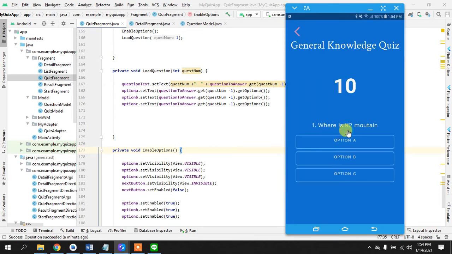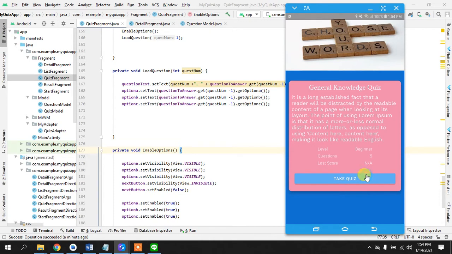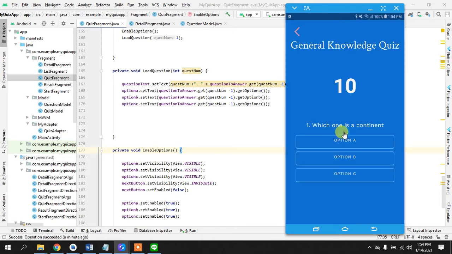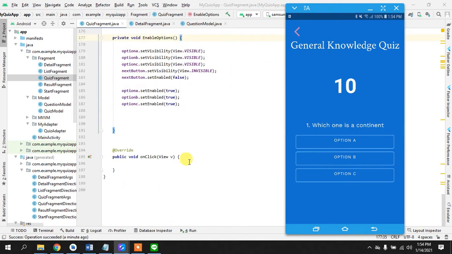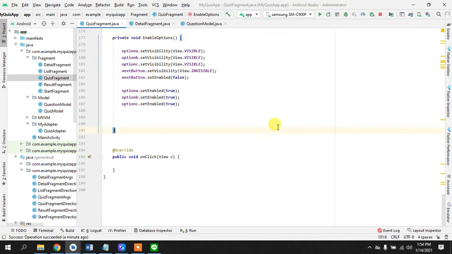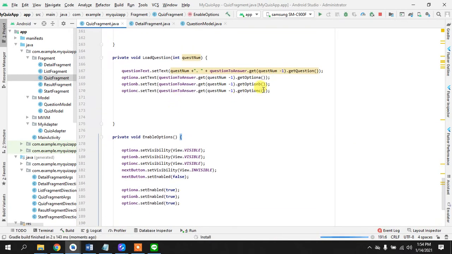So you see there is a different question. If you go back, take it again, there is a different question. Okay, so moving on, what we have done is, this is now option A, option B, option C, but we have enabled it, and we have also added the text to it. So going back,